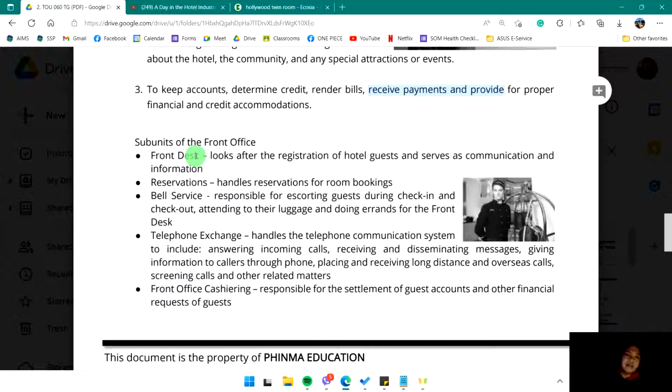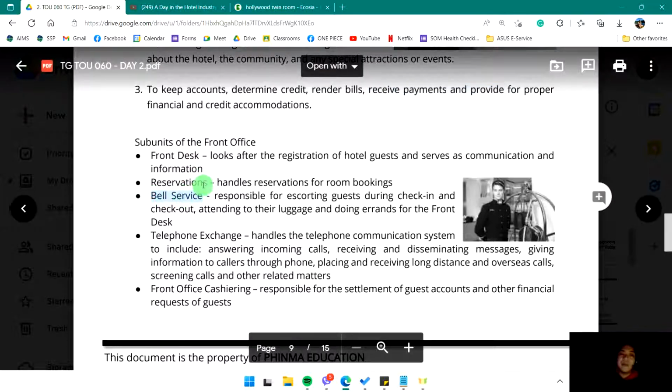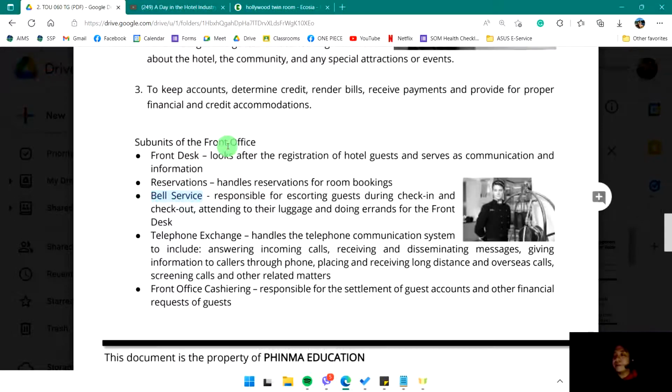We have the bell service. Bell service, yung mga bellman natin, responsible for escorting the guests from the lobby to their rooms. They are also the ones responsible for carrying out the baggages. Mga bellboy natin, sila yung mas malaki pa kinikita madalas sa mga tao kasi sila yung frontline sa mga tips